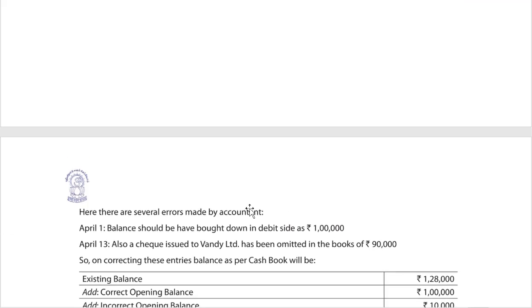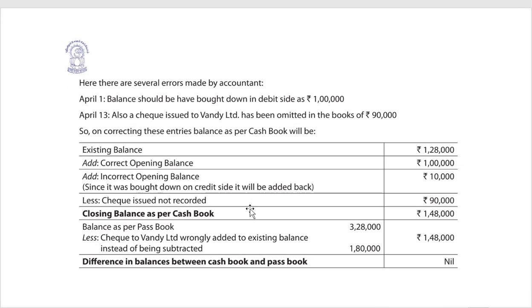Let's move ahead. Here, there are several errors made by the accountant. April 1, the balance should have been brought down on the debit side, 1 lakh, but they had brought it down on the credit side, 10,000. April 13, also, a check issued to Vandy has been omitted in the books of accounts, 90,000. Error of omission. So in correcting these entries, the balance as per cash book will be the existing balance,